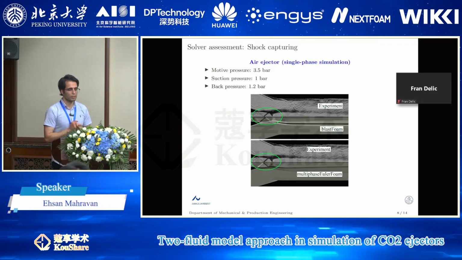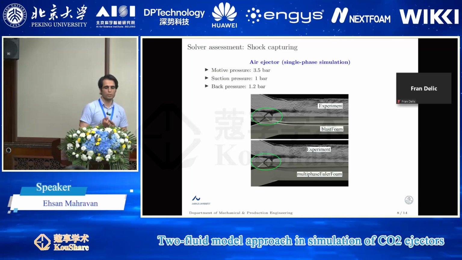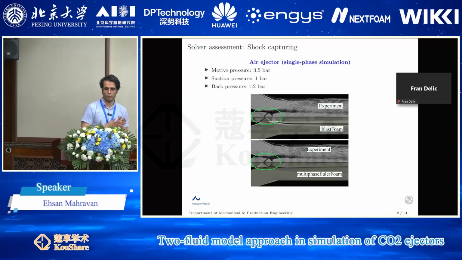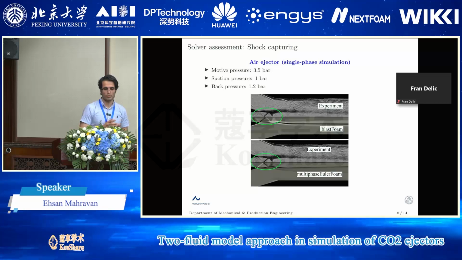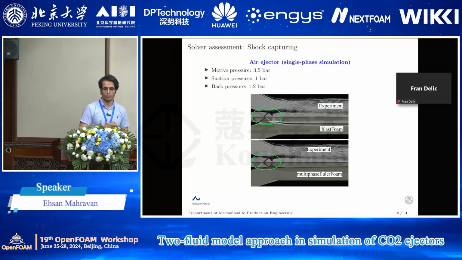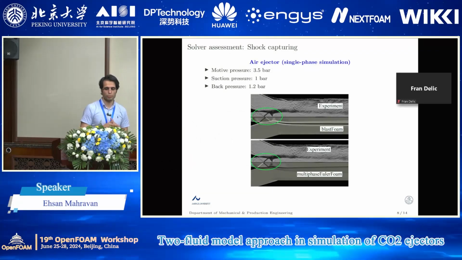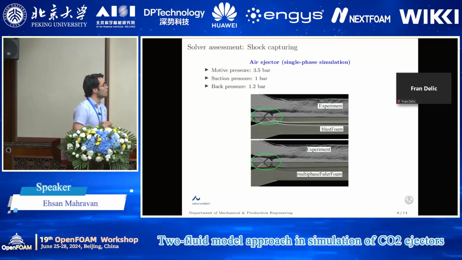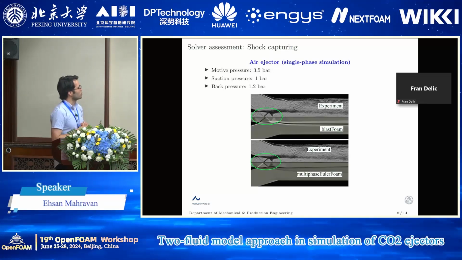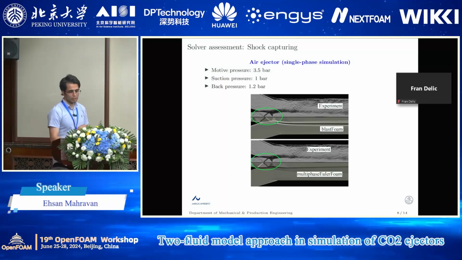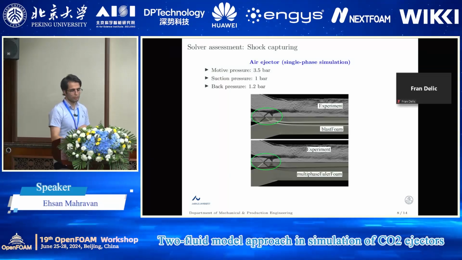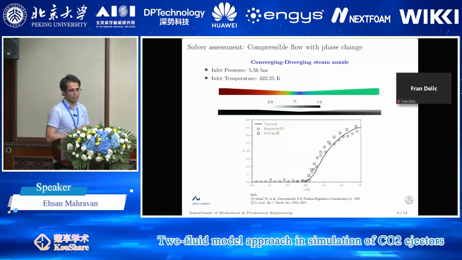And as you can see, it captures the shocks quite sharply, but multiphaseEulerFoam smears the shock a little bit. Still, for this problem, it's a reasonable result, and surprisingly, it's predicting the location of the waves more accurately compared to blastFoam. So we are satisfied with this performance of the solver in single phase, and we moved on